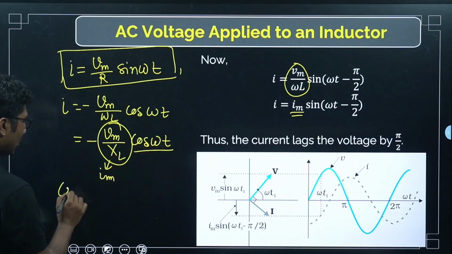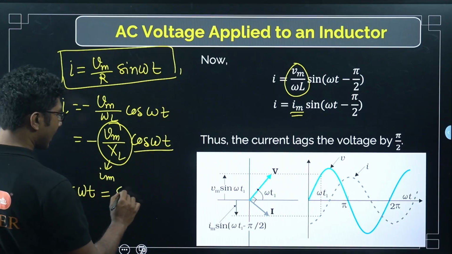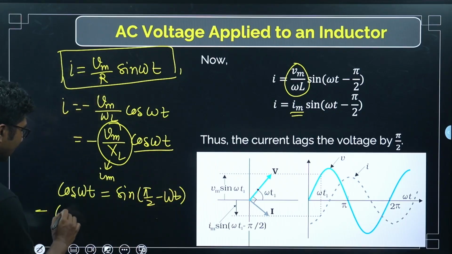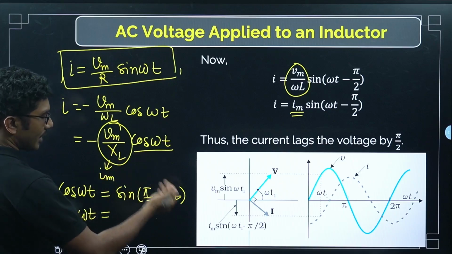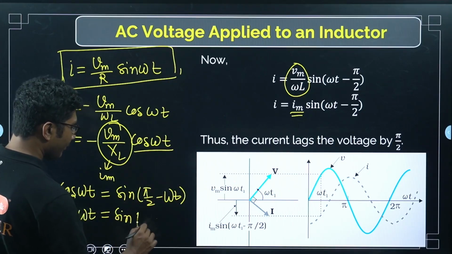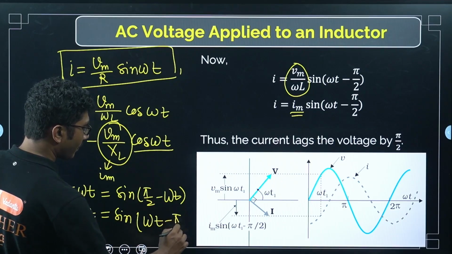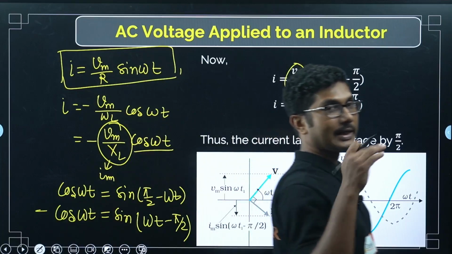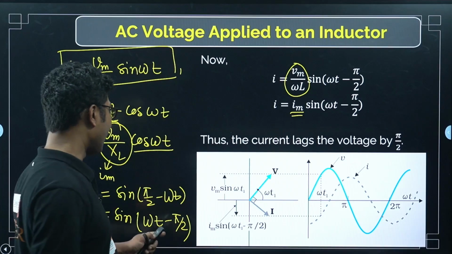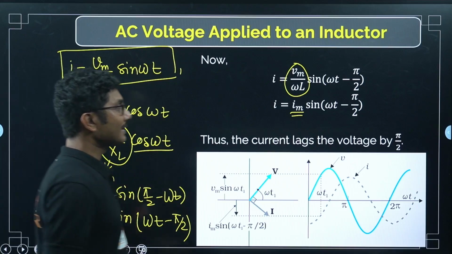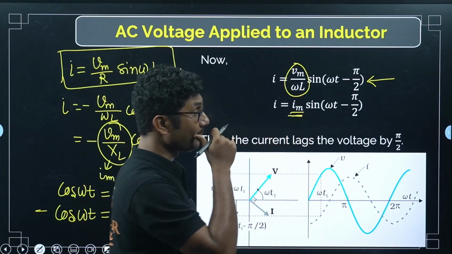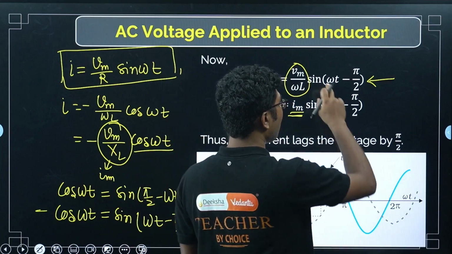Now what is cos omega t? Cos omega t is nothing but sin of pi by 2 minus omega t. But here there was a minus sign, right? So minus cos omega t: you can take the minus sign inside because it is a sine, so it becomes sin of omega t minus pi by 2. For sine it is possible to take the negative sign inside, and you can also verify this in terms of sin, tan, cos. So Vm by omega L is now Im, and minus cos omega t is now sin of omega t minus